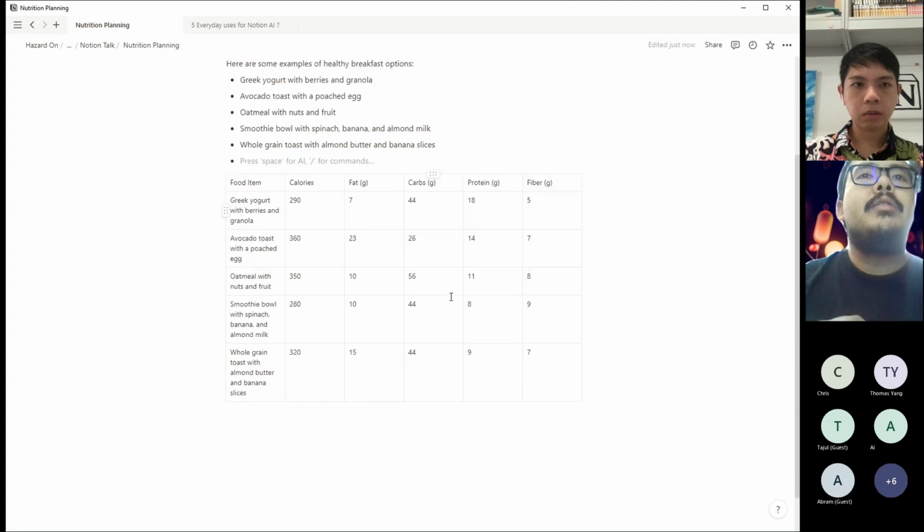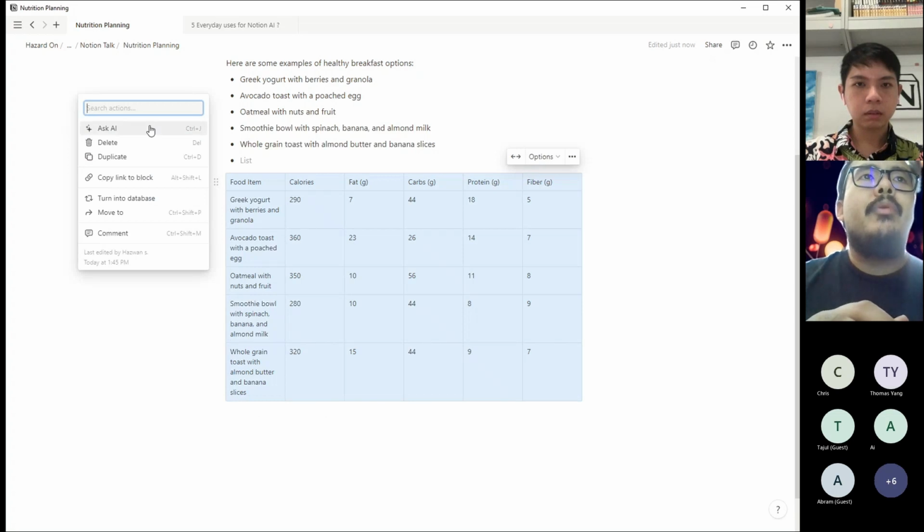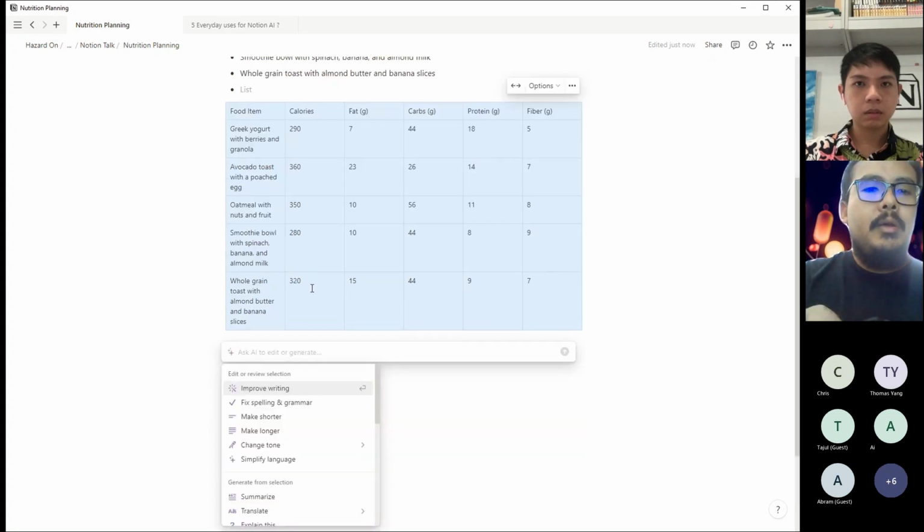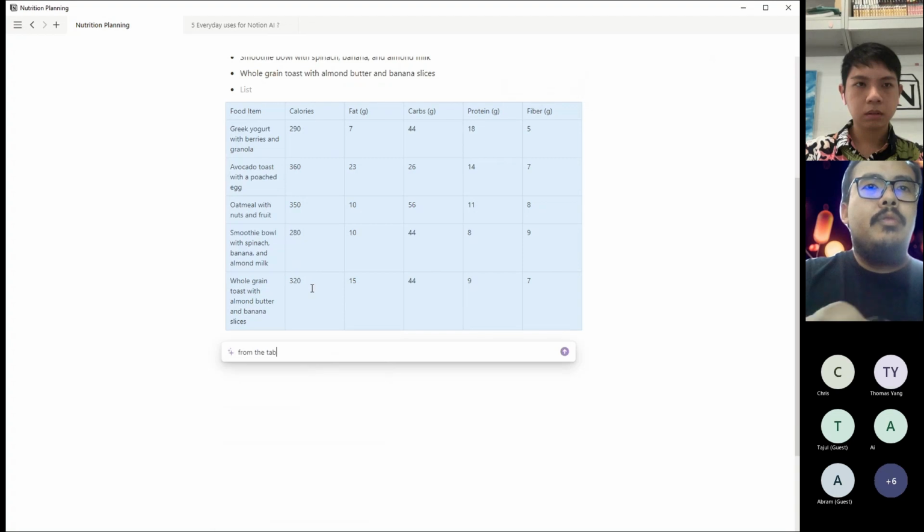So when you have this, you can take this table and also extrapolate more. So you can say, from the table, make a weekly breakfast with similar ingredients.